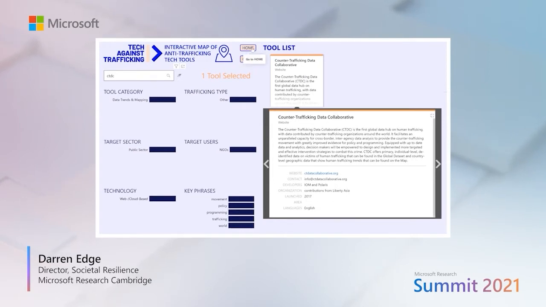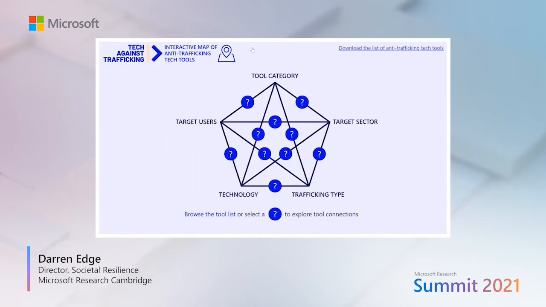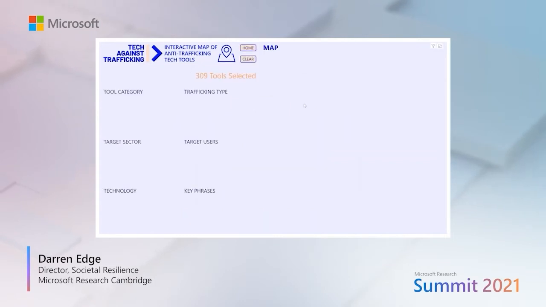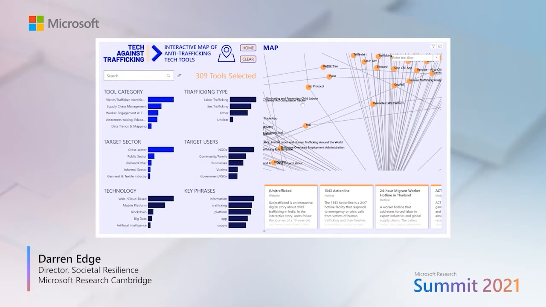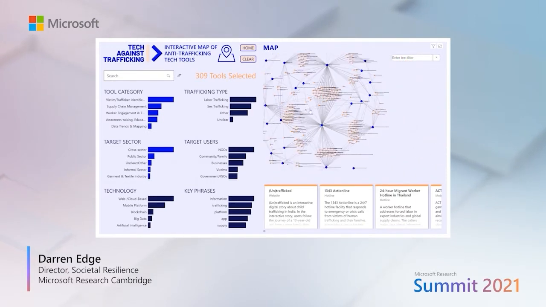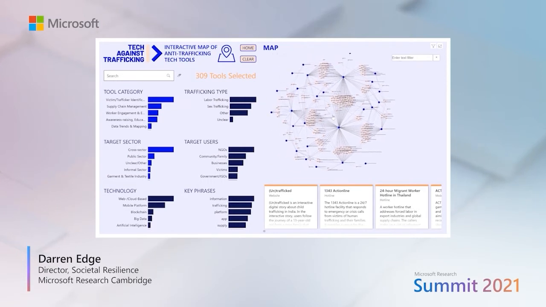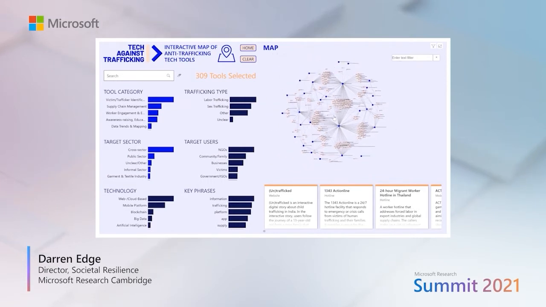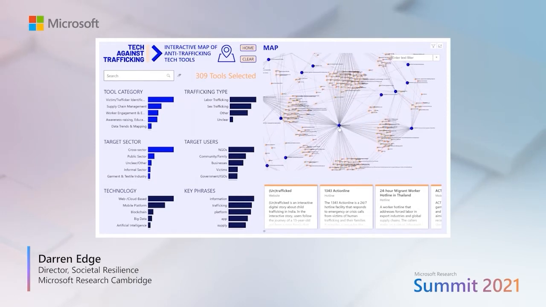Okay, so let's go home now and start looking at different ways in which we can map out this space of tools. And in particular, let's look at tools in terms of how they relate to different categories and sectors. So in this network visualization or network map on the right, we can see all of those tools shown again as orange circles, and they're connected to these blue nodes, where the blue nodes represent different kinds of tool category and different kinds of sector that you may be interested in.